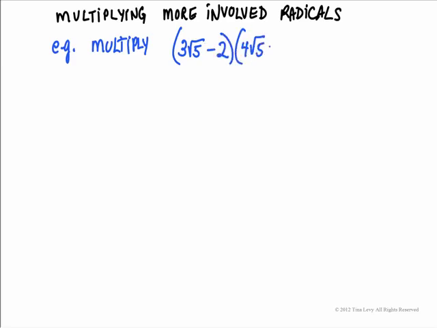We're now getting ready to multiply more involved radicals. For example, I might want you to multiply 3 square root of 5 minus 2 times 4 square root of 5 plus 1. To remind us how we do this, if this were the algebraic binomial 3x minus 2 times 4x plus 1,